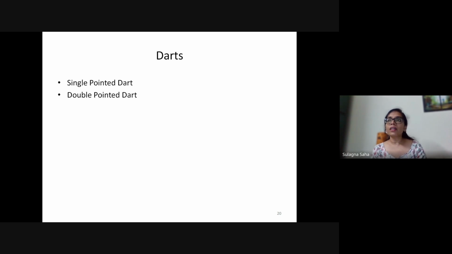For a double pointed dart, as I said, it is also called a closed dart. It is also called a fish dart. It looks like a fish, and it's called a fish dart. Again, very similarly to a single pointed dart, mark it on the wrong side. Again, use the center line. Now, for a single pointed dart we have sharp lines, but a double pointed dart will have a little curve on the sides. So we do a curved seam on the double pointed darts.